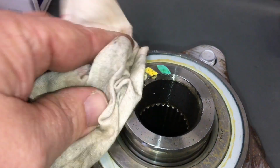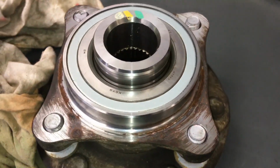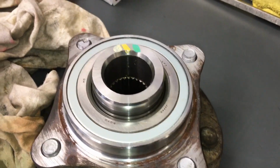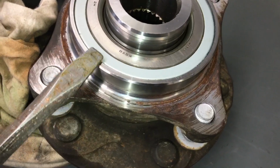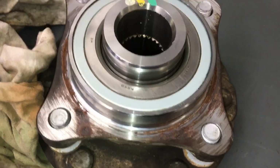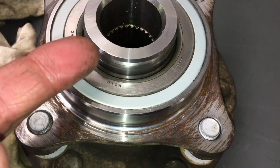I'll just wipe this because it looks messy, but I just want to demonstrate that you haven't even damaged the bearing, let alone the ABS sensor. And you need to stay tuned, because if there's any problem I'll let you know in another video. But what we did, I promise you, I got the flat blade here and I just gently worked around slowly on the ABS sensor, prying it off,